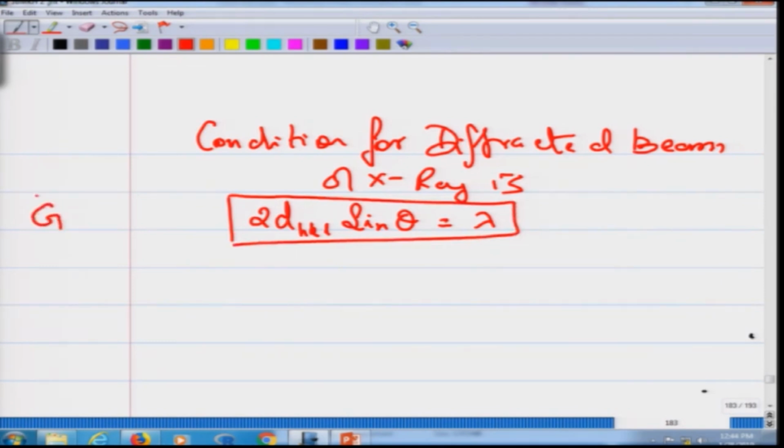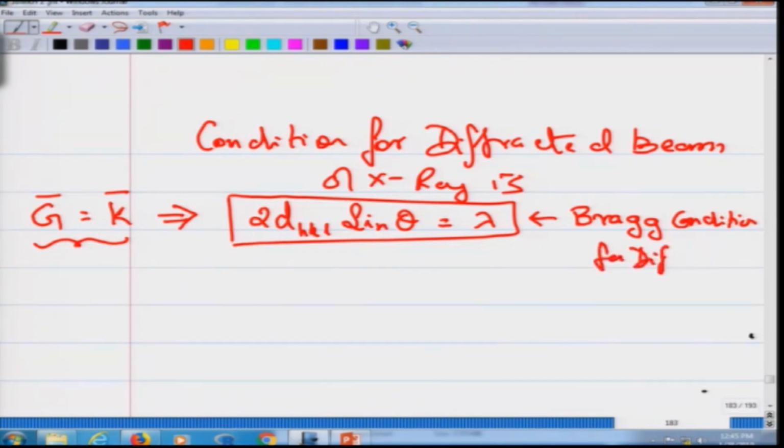So, the Laue's condition G is equal to K can be rewritten as this, where d is the spacing between the real atomic lattice planes. So, a condition in the reciprocal lattice can be written as a condition in the real space, where d is the spacing between the real lattice planes which are perpendicular to G. Theta is the angle between the incident wave vector and the lattice plane, and lambda is the wavelength of the X-rays, and this is also known as the Bragg's condition